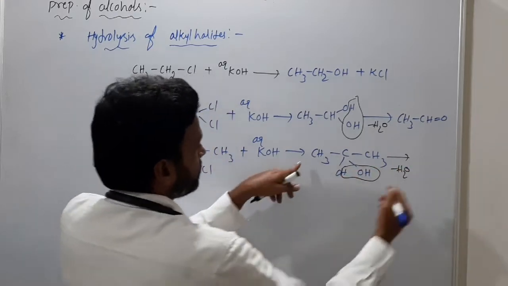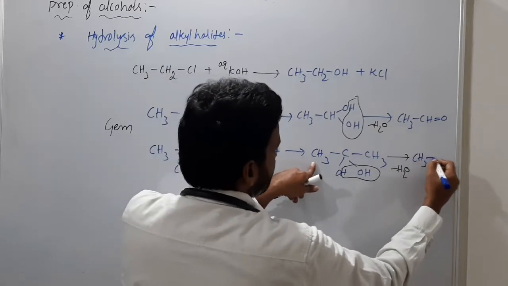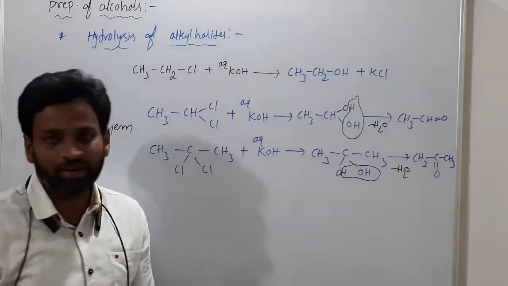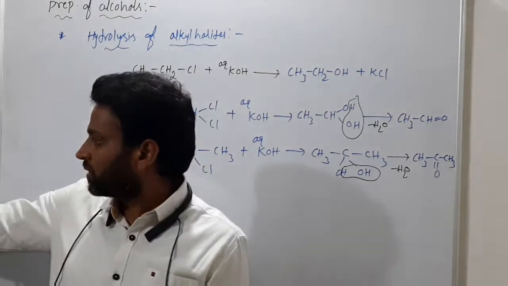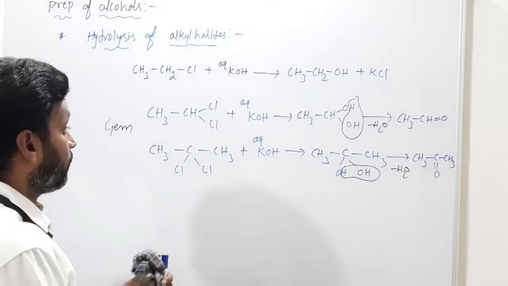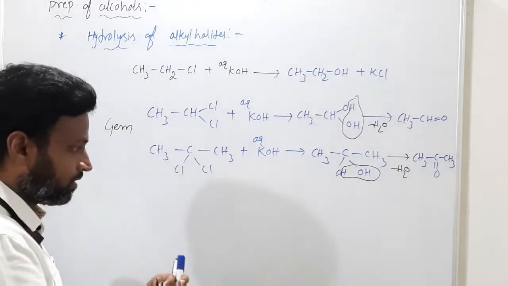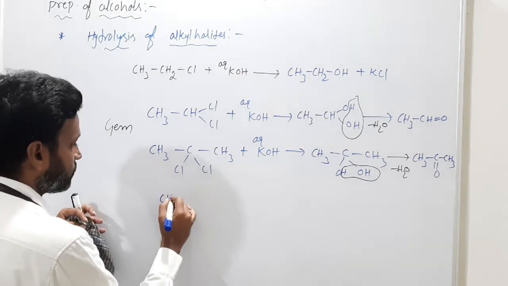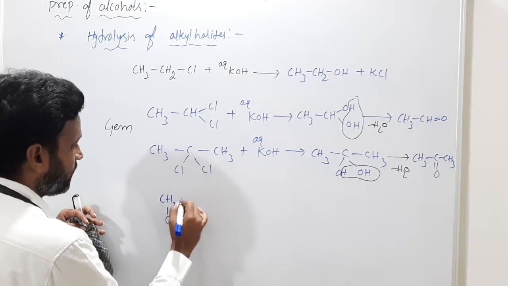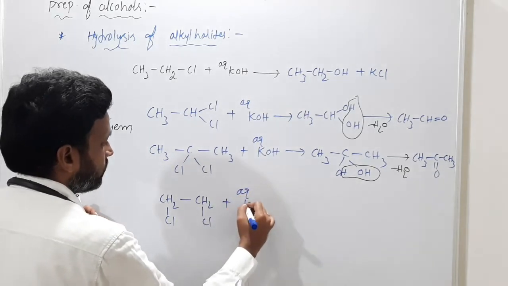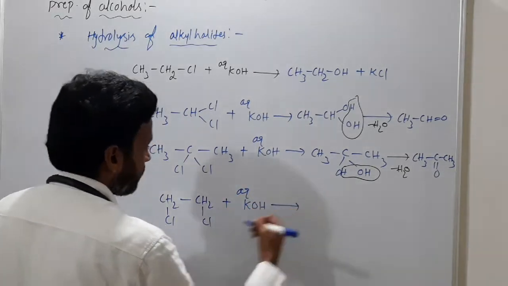Then our product is CH3, C double bond O, CH3. This is the final product. Got it, sir? So very important, you must know all these things. If it is vicinal you must know, because alcohol is the only final product. CH2Cl and CH2Cl, when you are treating with aqueous KOH, the product is